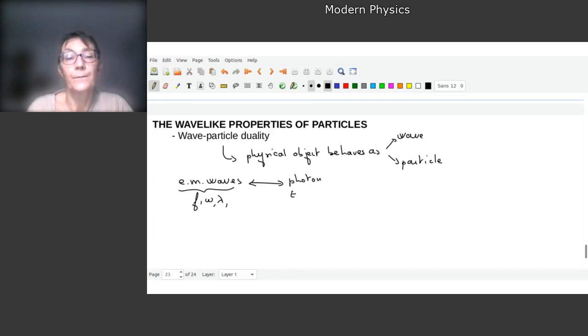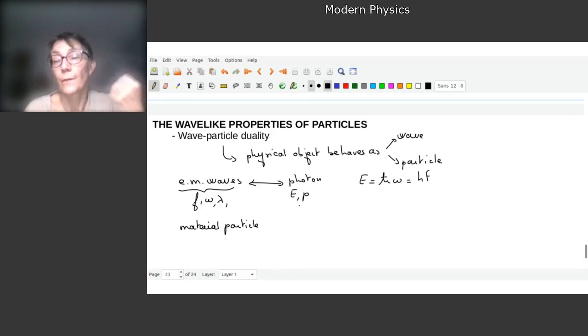Photon has an energy, it has a linear momentum. And you have material particles. What is the difference between a photon and a material particle? Essentially the photon has no mass. The mass of the photon is 0. In the vacuum, the photon has a velocity equal to c. A material particle can be an electron,